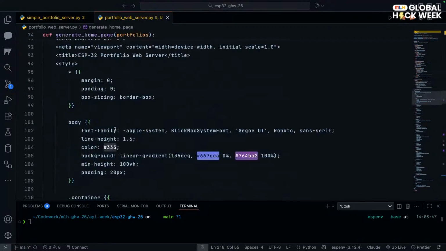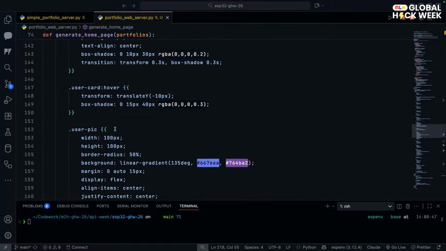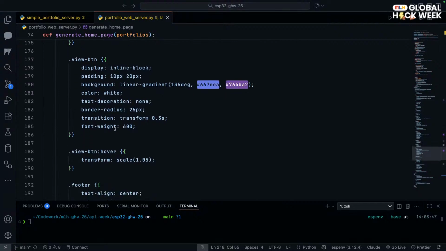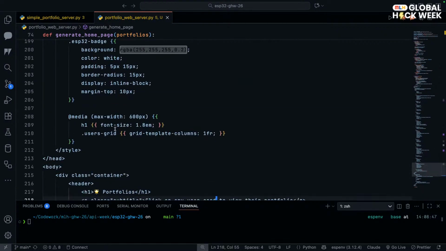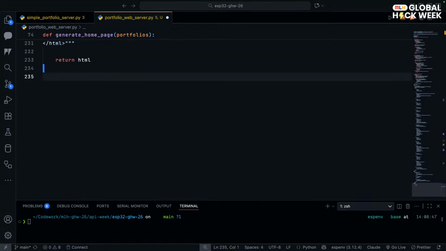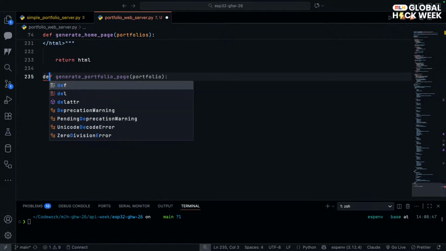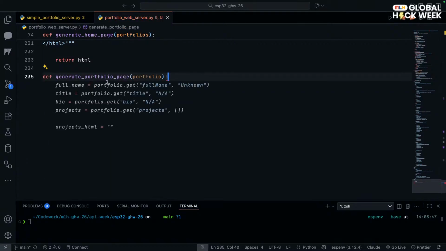Okay. So all this does is generate a home page with some sophisticated looking CSS. That's it. Push this, and then you copy it exactly from here. The next bit is going to be very similar to what we did before, where we did generate portfolio